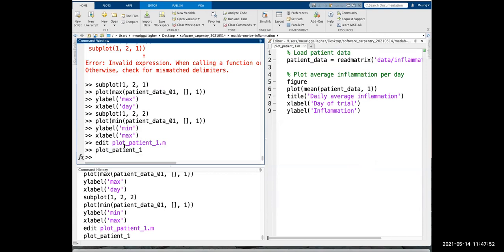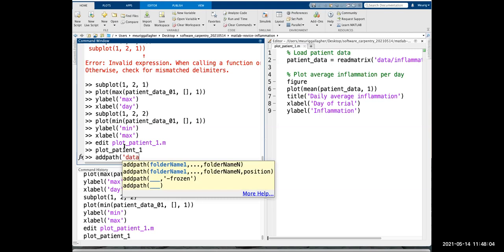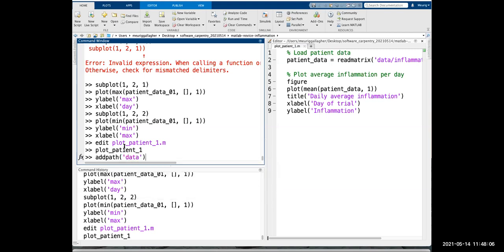We can use this to our advantage and create folders that have lots of files in them that we can then add to the path using the add path command. If we want to add everything in the data directory to the path, we could do add path data, and that's going to add the data directory into the path.